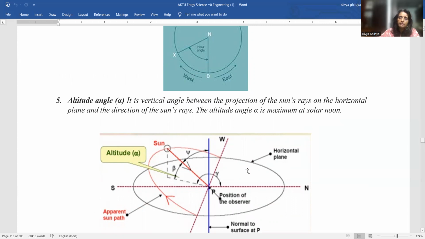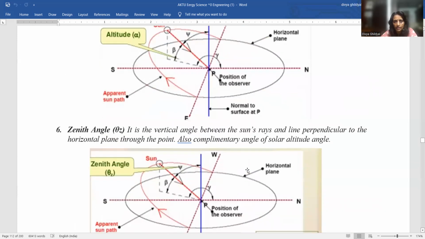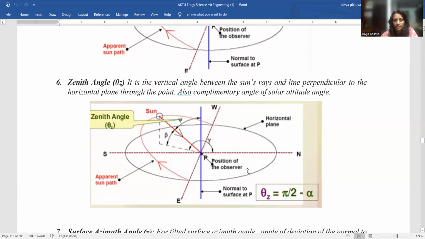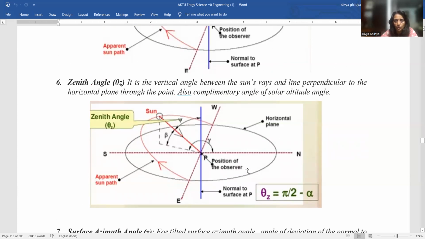The altitude angle is maximum at solar noon. You must be familiar with this, because in the afternoon it is not possible to go and directly stand in front of sunlight. Zenith angle is the vertical angle between the sun's rays and the line perpendicular to the horizontal plane